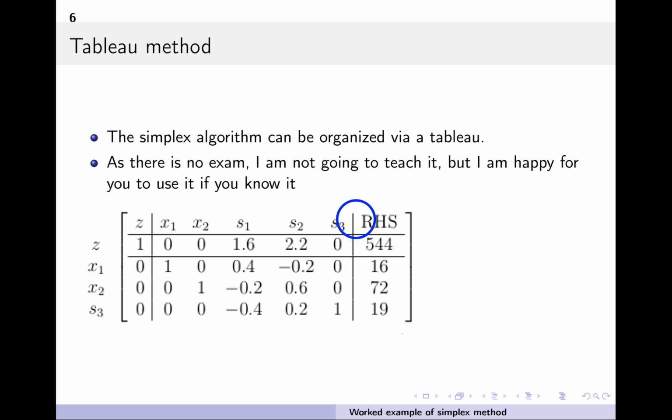This is a very bare bones example. If you look in the books, a lot of the time they'll rewrite this in some kind of tableau, some kind of matrix notation. Since I'm perhaps more interested in using computers to do this, I think it's important to know it analytically, but I'm not going to test this in an exam, so I'm not going to get you to learn the tableau method. But it's useful to be able to work a couple of the simplex ones by hand, just in case anything goes wrong with the computer program. Okay, so that's the end of the